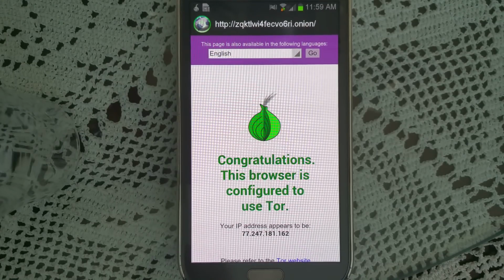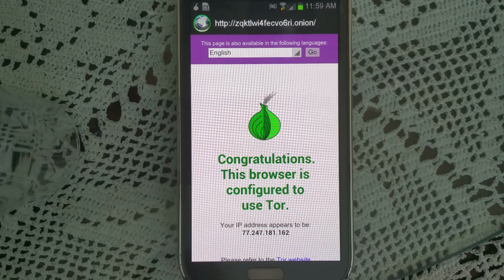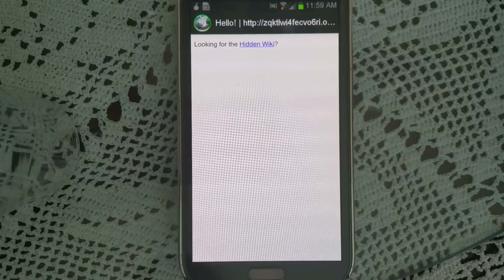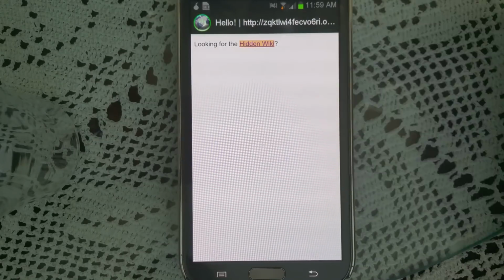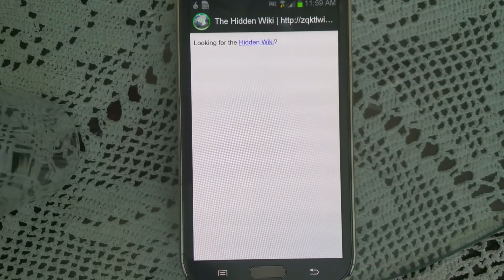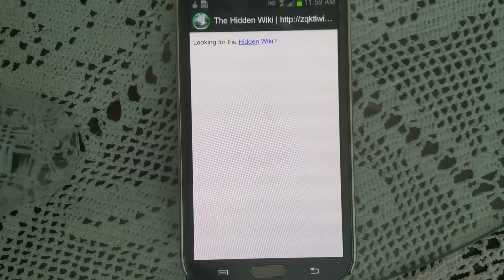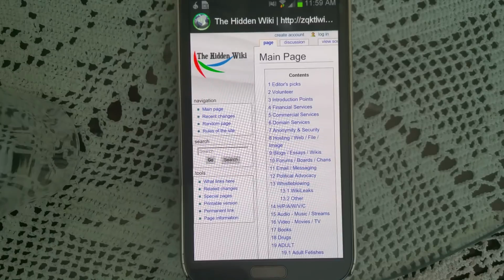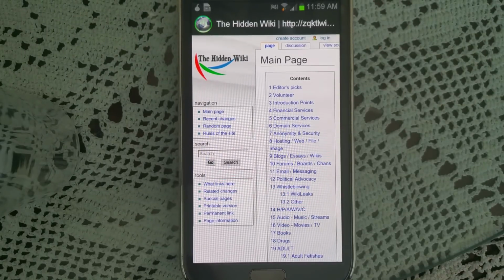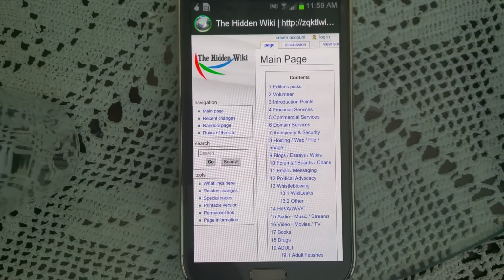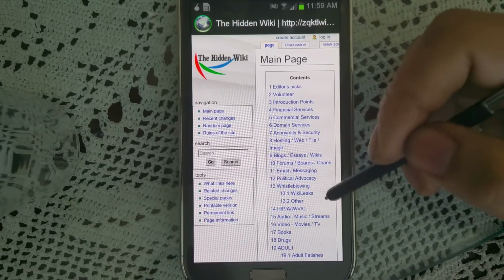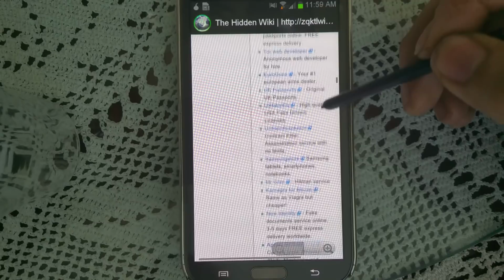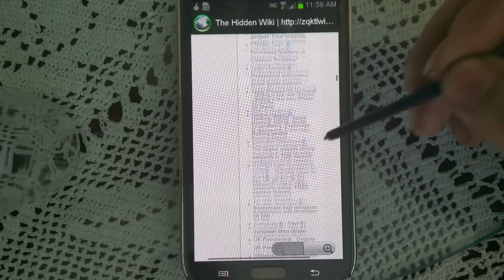Again, this browser is a little bit slow because it's the deep web, but you are browsing safer. So we are looking for the hidden wiki, of course. We go ahead and click that. Now we're on a Wikipedia-style page of deep web links, where about 90% of the content is illegal. So if you do happen to follow these steps, which you're not going to,